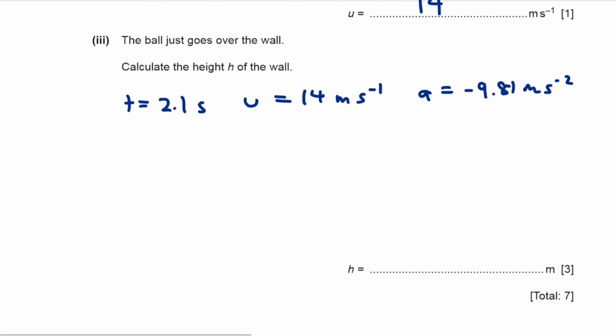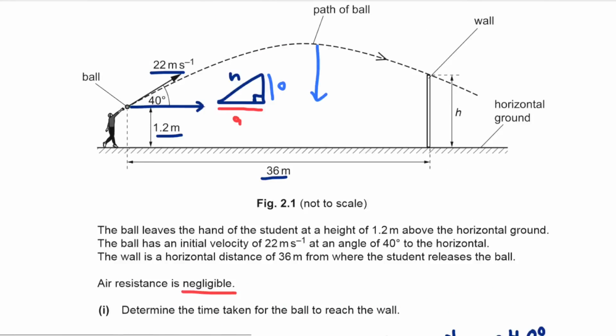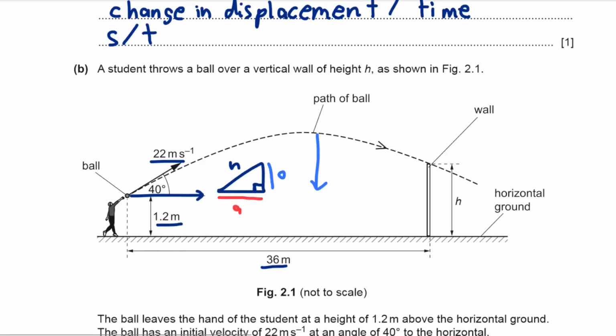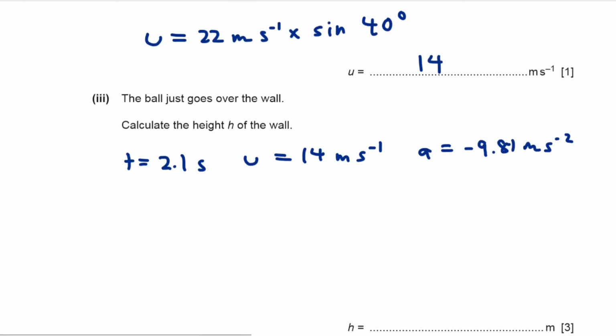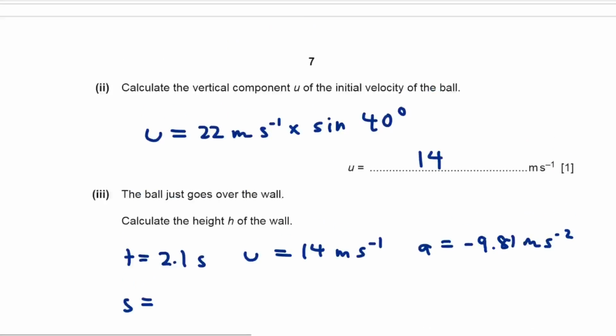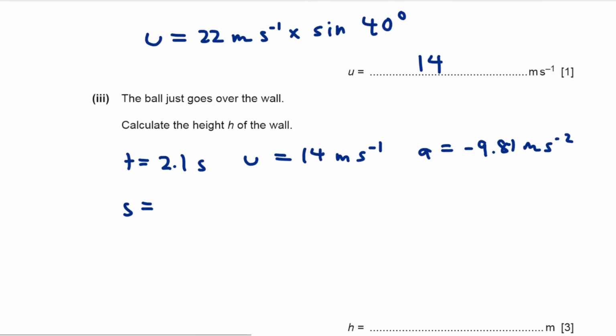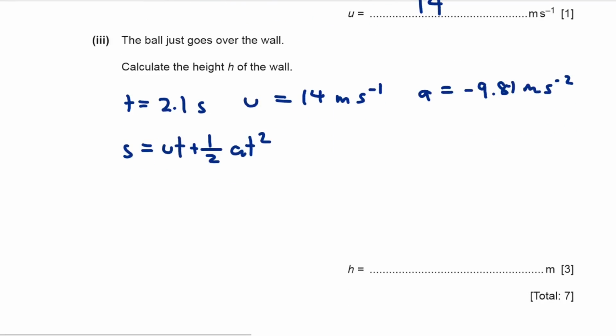And we want to find displacement. So we want to find how much the ball goes up by. It could go down, but on the diagram it says it goes up. Okay, so we should be expecting a positive displacement here. So S is going to equal the same equation over here. S is equal to ut plus a half at squared. And we just substitute in 14 meters per second